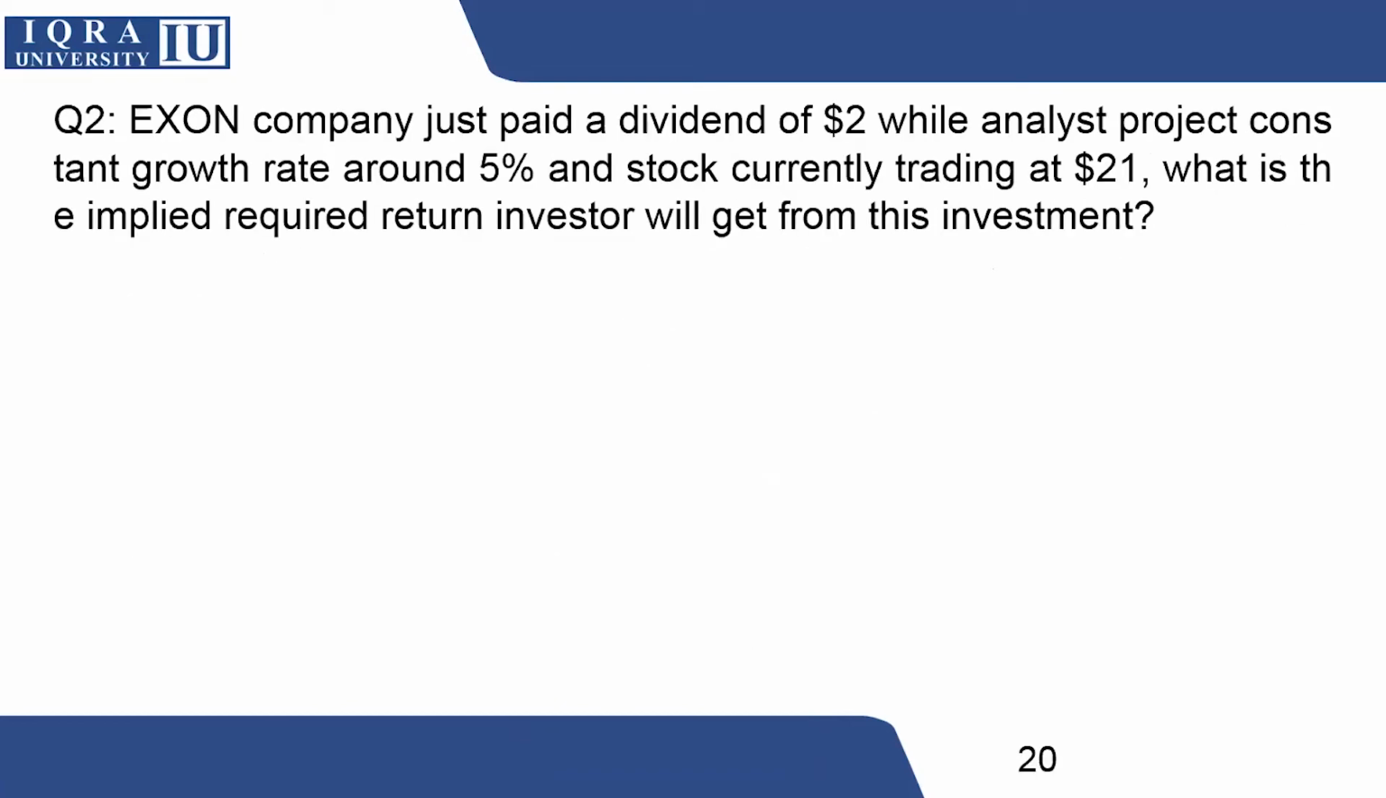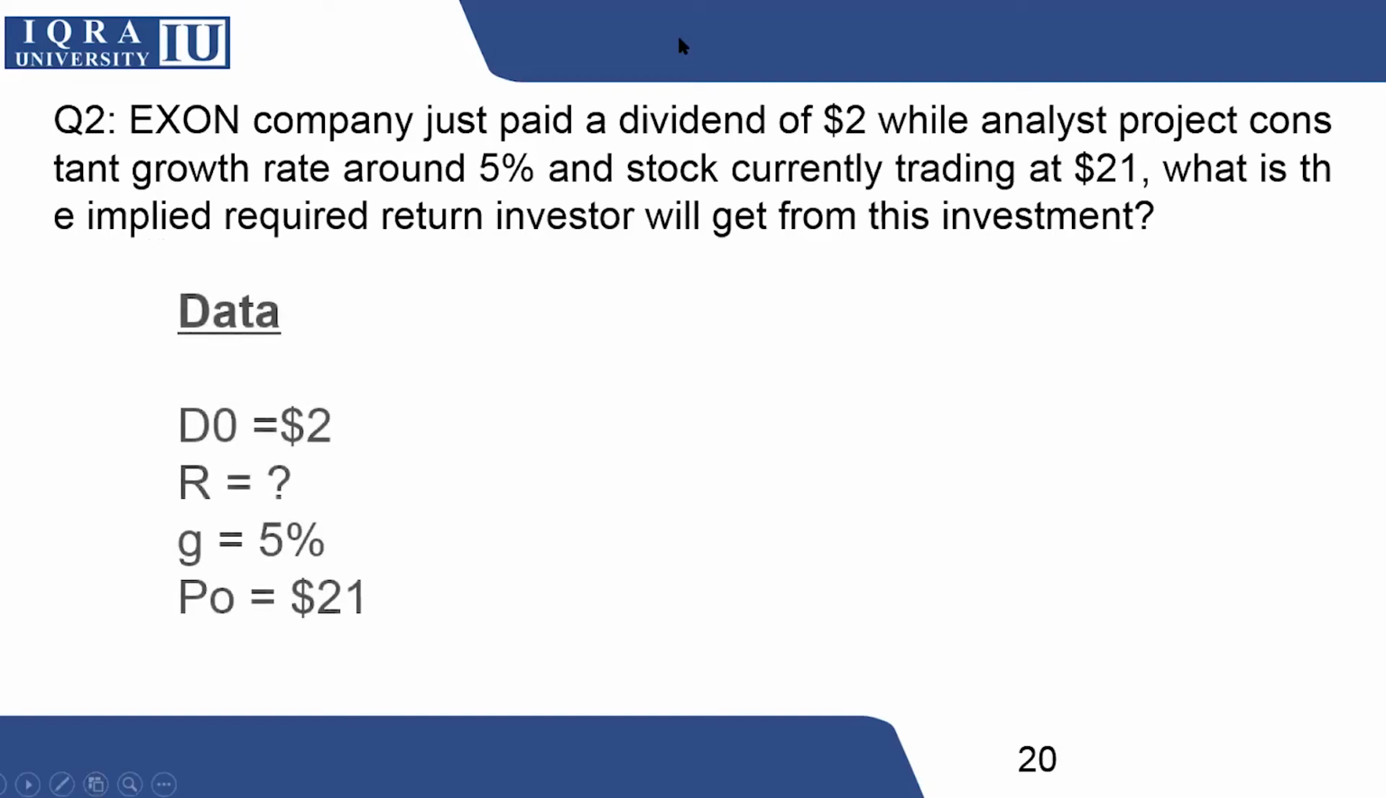Suppose in this question, the company paid a dividend of 2 while constant growth is expected to be 5%, and the stock is currently trading at 21. When the stock is currently trading at 21, it means that the current stock price is already given in the question. Now the question is asking what is the investor implied required return that he will be able to get from this investment. So first, showing you the data, D naught is given in the question as $2,